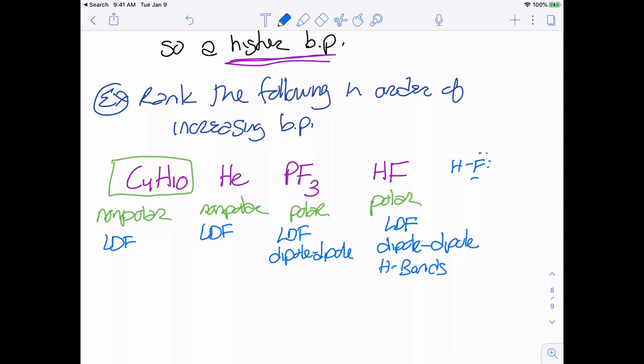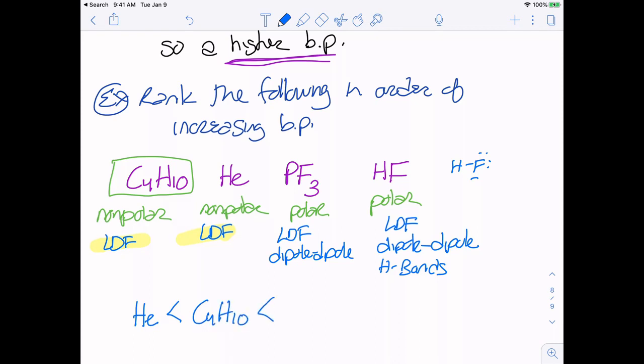So of these, which one's going to have the smallest boiling point? Well, both of these just have London dispersion forces, but we did say that bigger atoms with more electrons are going to have stronger London dispersion forces. So C4H10 is going to be bigger than just helium. So helium is going to be my smallest as far as boiling point. So bigger than that, I'm just going to use a less than, greater than sign, C4H10,